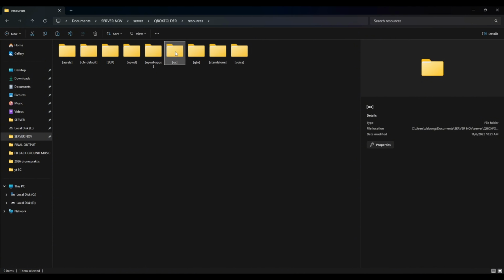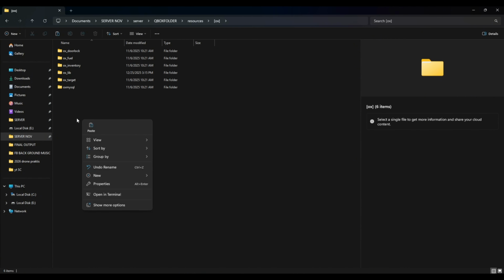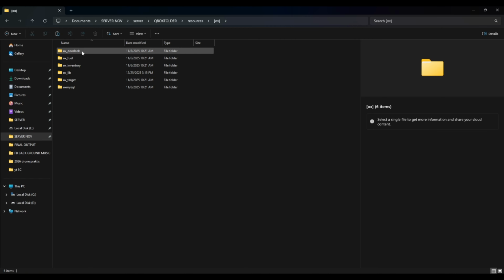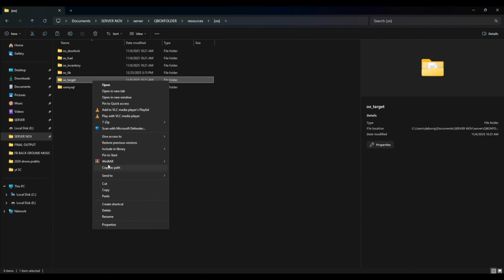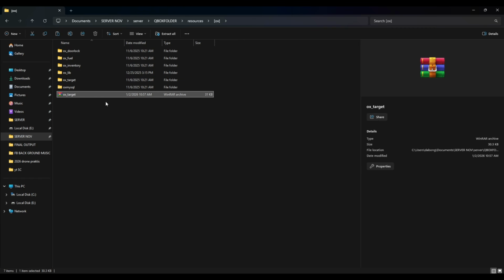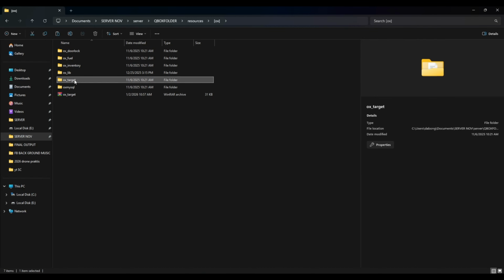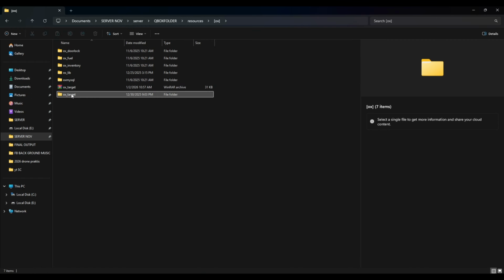Okay, now let's open this OX folder. We can actually add a backup of our OX target. We just have to add it to WinRAR, or archive this one, and then we're going to delete this one, then paste the new one, and there you go. You have to restart your